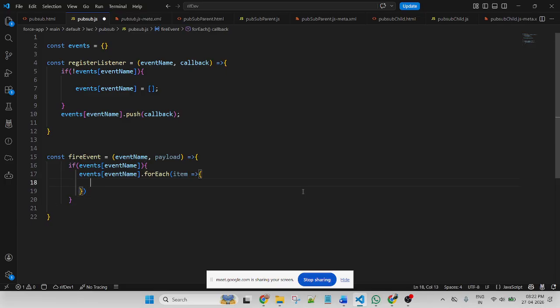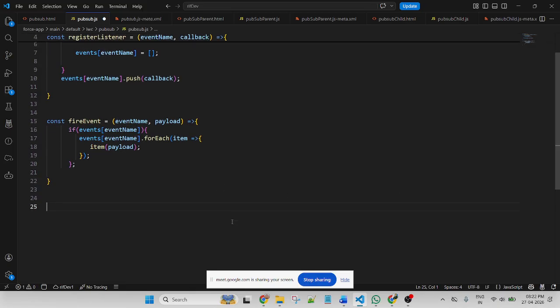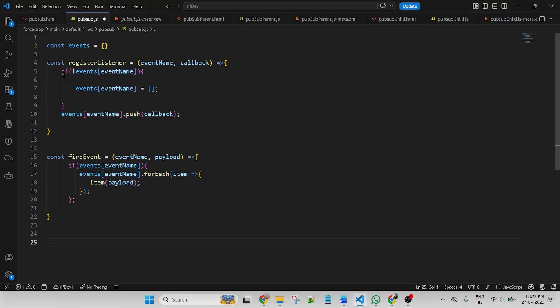So first item, then this payload, which means I am passing data. This is a for loop; one by one I am storing data inside it. This is a parameter, and this will get dynamically filled. After that, this is the fire event, and the important part is that after creating the two event functions